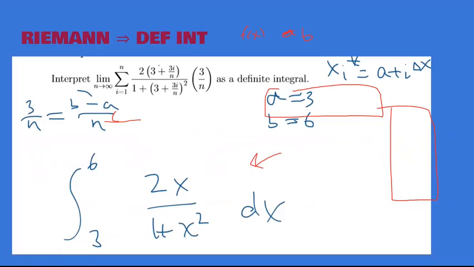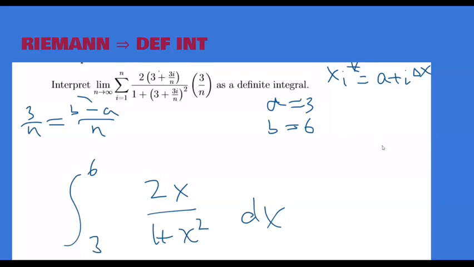Let me trash can these. So when we're going this way, instead we need to figure out what is our xi, what is our delta x, and then we also want to know what our a is and b, so we can actually write the bounds. So how do we find what xi is? Well, it's usually going to be something that you see more than once, because remember we plug it in for x. I see 3 plus 3i over n more than once, so I know that's my xi, and I know that xi is equivalent to this, so the 3 must be my a,